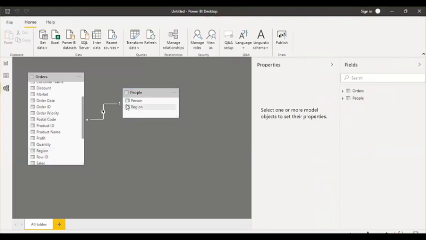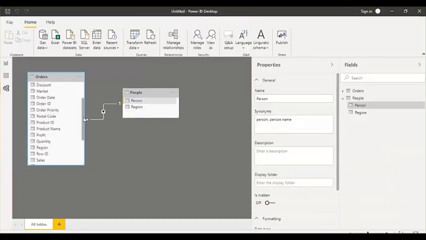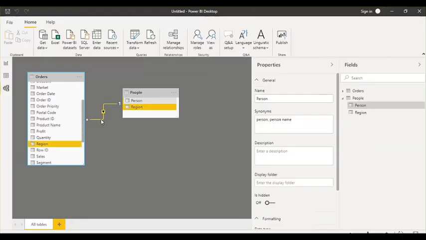Relationship has been created. Now I can access this person column from here. So I didn't increase the size of my data model. Using this relationship, we removed the unnecessary data. We eliminated the data redundancy. So this is the main purpose of having the relationship in your data model.